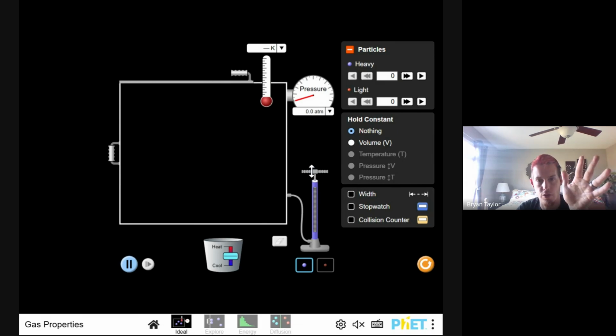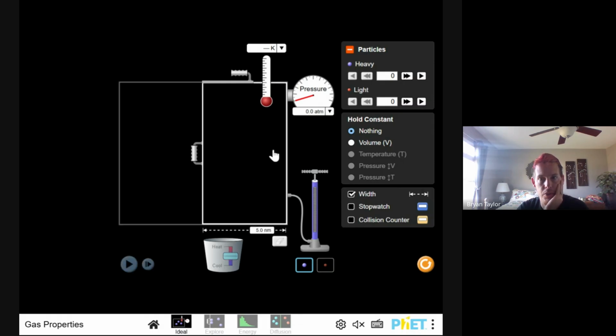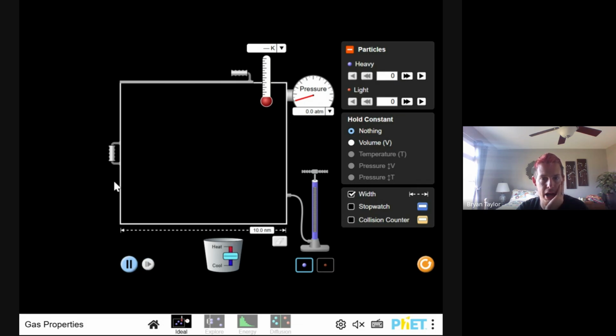So long story short, Genesis, with the gases, it really comes down to, and I'm actually going to get a timestamp going for this, four things. This idea of volume, which is the size of the container. Do you have a 2 liter of pop or do you have a glass of pop? Those are different amounts. You have temperature,